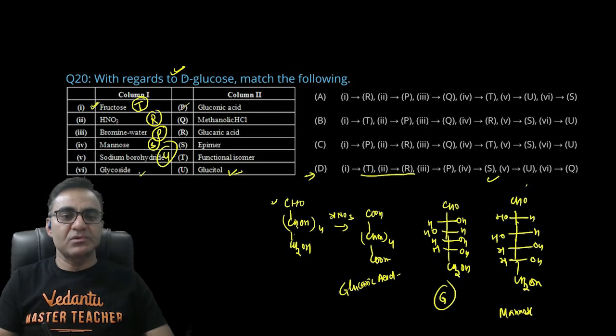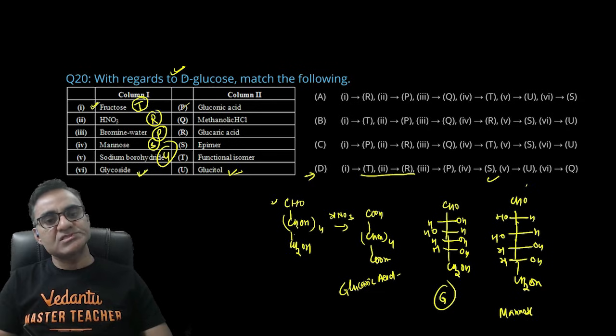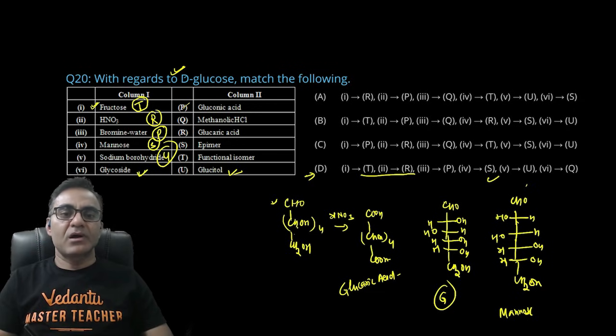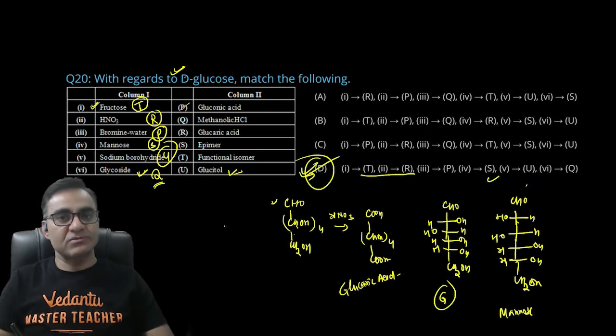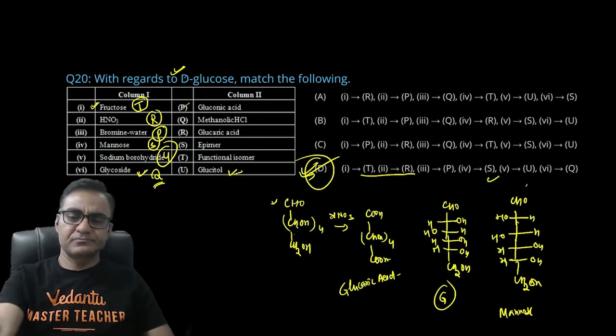ओके, एंड सिक्स वन इज ग्लाइकोसाइडिक लिंकेज, जब मेथेनॉलिक HCl का रिएक्शन हम ग्लूकोज से कराते हैं तो फिर जो हेमी एसिटल बनता है वो होता है आपका ग्लाइकोसाइड। तो इसके लिए आपका जो मैचिंग होगा वो Q के साथ मैच हो जाएगा, तो आपका D ऑप्शन इज गोइंग टू बी द परफेक्ट आंसर ऑफ दिस क्वेश्चन। ऑलराइट, सो इट्स अ गुड क्वेश्चन जहाँ पे बहुत सारी इन्फॉर्मेशन कलेक्ट करके हमको मैचिंग करनी पड़ती है, बट इस तरह के क्वेश्चन सॉल्व करने के लिए आपको सारे ऑप्शंस मैच करने की जरूरत नहीं होती।